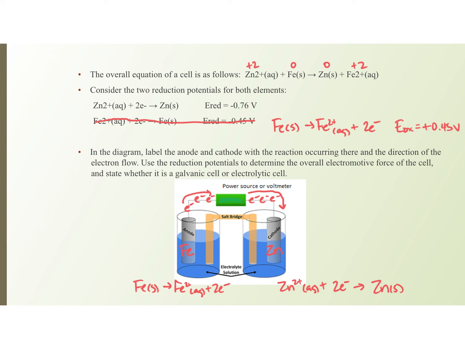electrons. Now pause the video as you determine the overall electromotive force of the cell and state whether it's a galvanic or electrolytic cell. When you add your reduction and oxidation potentials together, you get negative 0.31 volts, which means that this is an electrolytic cell. That means a required part of the cell is a power source. This reaction cannot occur if the voltage is negative, which means that you need to put in energy to